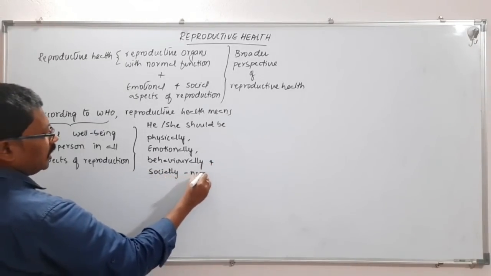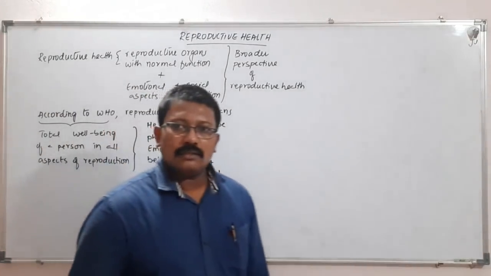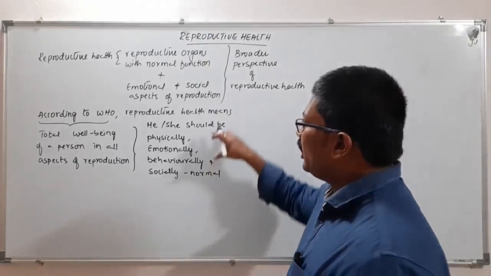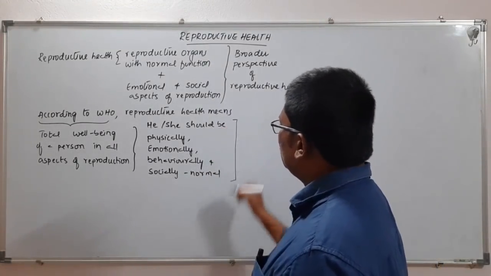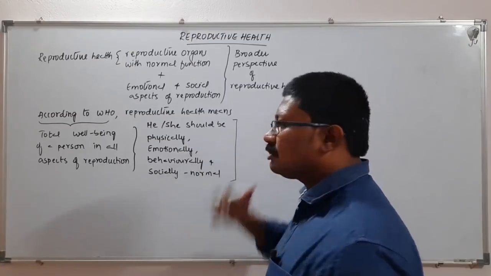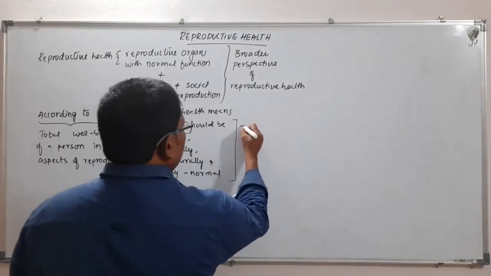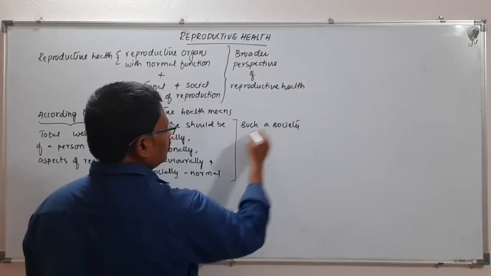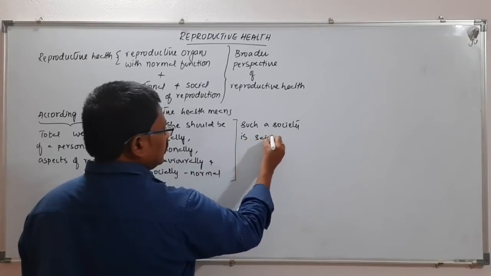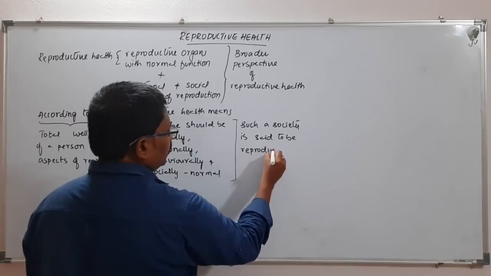The person should be normal, and the society with such normal or healthy persons, we say such a society is a reproductively healthy society, right? Such a society is said to be reproductively